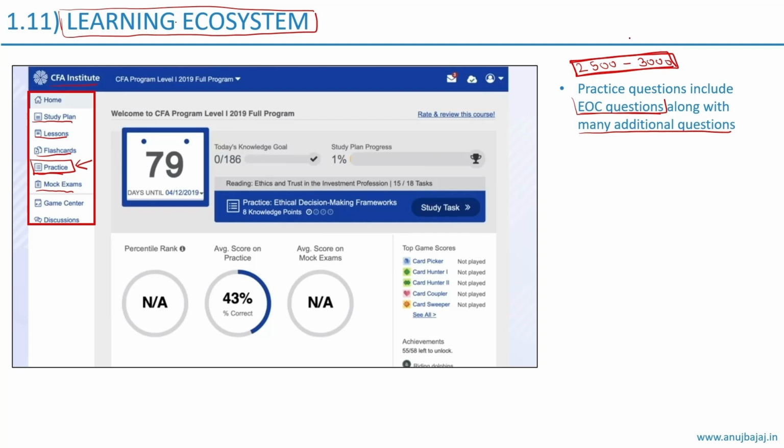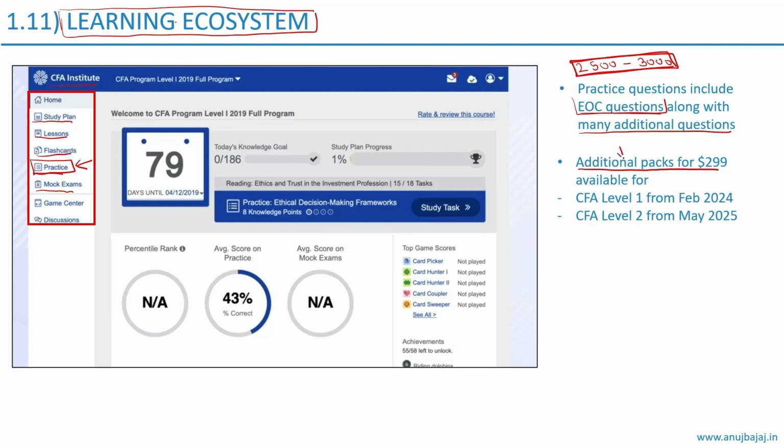examination. But if you still feel you need additional practice, if you feel that you need to solve additional questions, then you can purchase the additional pack for $299. This additional pack contains 1000 extra practice questions. They include 5 extra mocks and various other features. You can look at the features of the additional pack on the CFA Institute's website. So the additional pack is available from February 2024 for the level 1 exam and May 2025 for the level